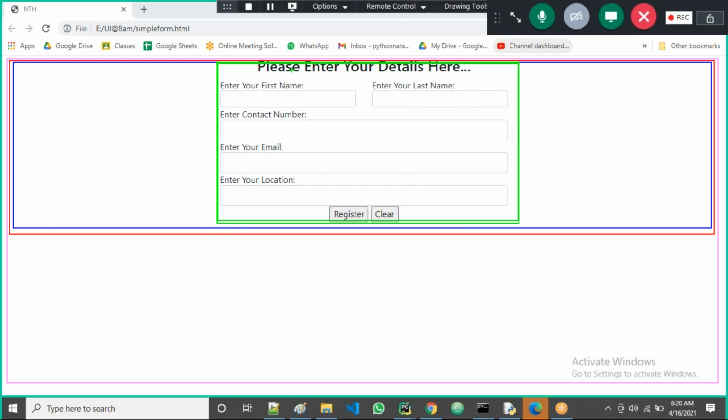Now in the 6 columns, again, what am I taking here? I am taking one more row. In that row, we have taken first 6 columns. Why? For the first name label and first name input box. Next 6 columns, why? For the last name label and last name input box, like this. Everybody is clear, right?